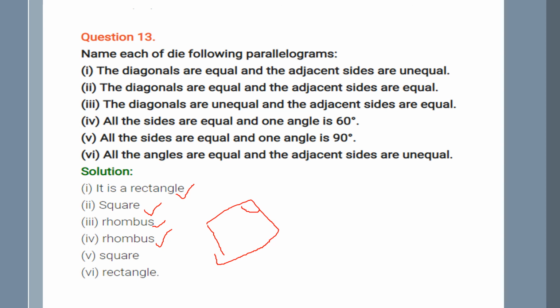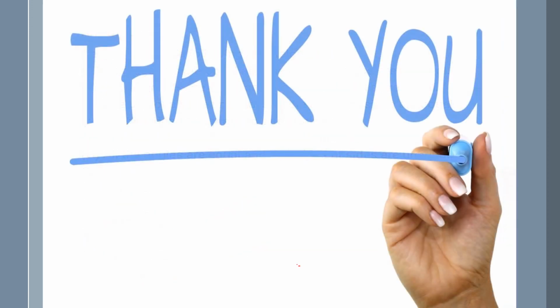All the sides are equal and one angle is 90 degree, square, because in a square one angle is of 90 degree. All the angles are equal and adjacent sides are unequal. All the angles are equal means each angle is of 90 degree, rectangle, and opposite sides are equal, adjacent are unequal. So that's it. It was chapter